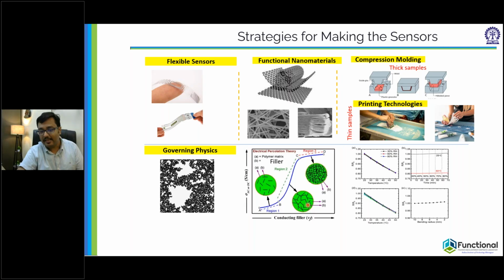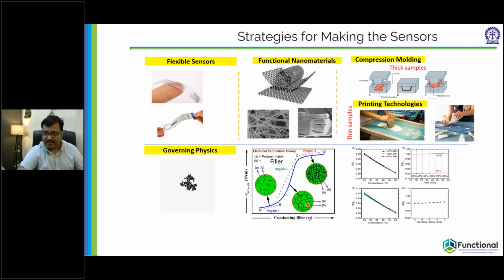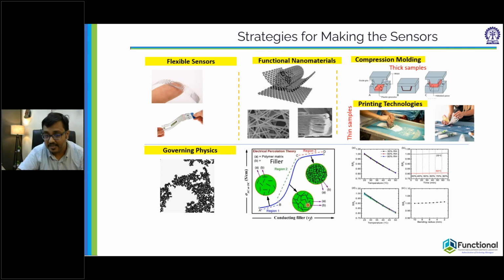So you can understand that if you are able to make a very sensitive material, with factors like strain, pressure, temperature, you can develop different classes of this type of sensors. Now, in terms of the fillers that you are selecting, from our experience, if you take graphene as the conductive filler, it is very good for temperature sensors. Whereas if you take carbon nanotubes as the filler, you get very good strain sensors,